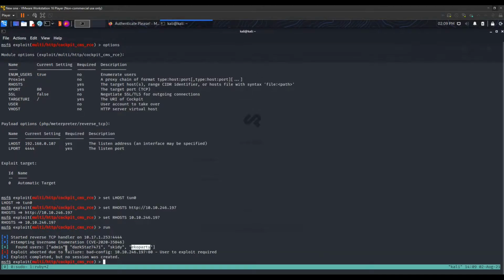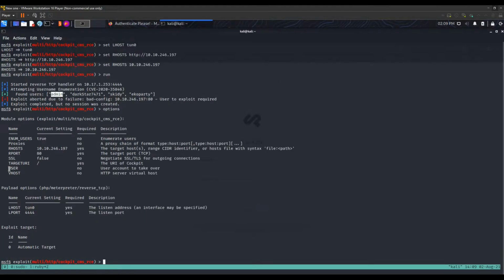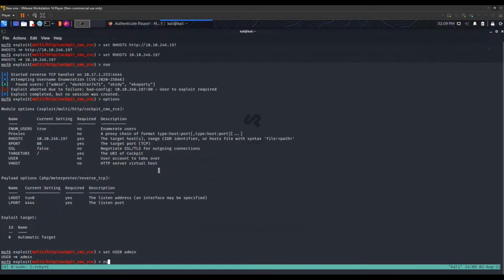So as usual, we will be going for the admin. So if you type options, you will see that it accepts a user variable, the user account to take over, so you can take over any account. So we are going to take over the admin account, so we are going to say set user admin and run again,